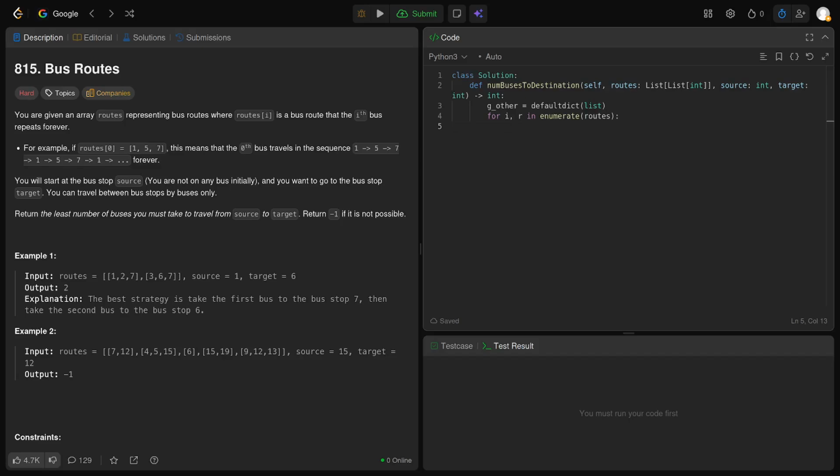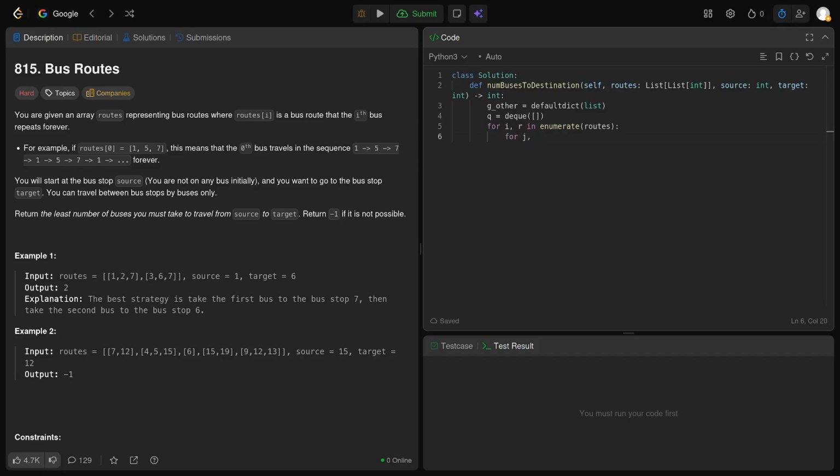So Q is a deque. And then what I do, well, bus I, no, G other, so